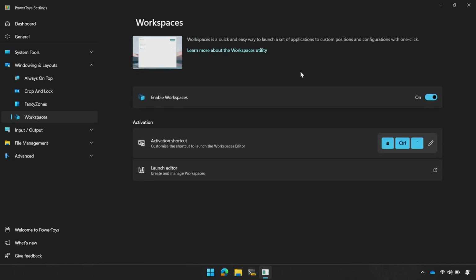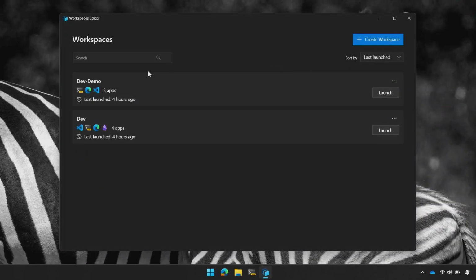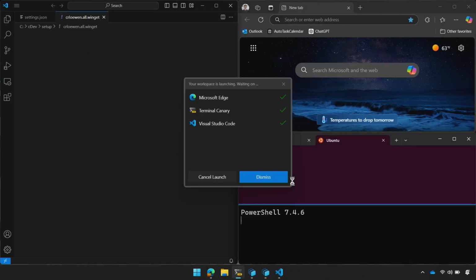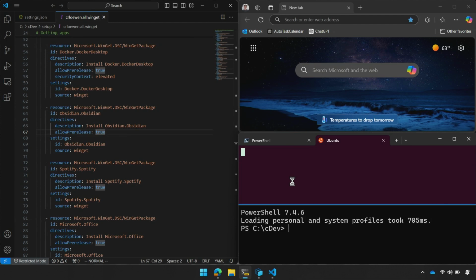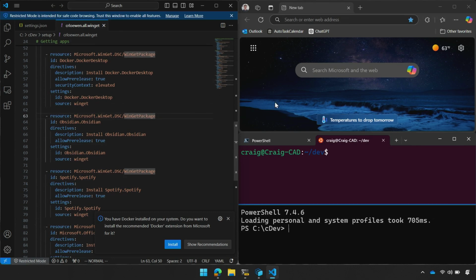And if you click here, you can turn this on, and you can see there's a hotkey, Control, Windows key, and tilde. And if you open this up, you will see, hey, I have some tiles here. I'm just going to hit launch, and we'll see what happens. What's happening is it's launching all of the different programs that I would want, and it's tiling it in the sections where I would want them. And so in this case, I launched VS Code on the left, Edge on the top right, and then Terminal